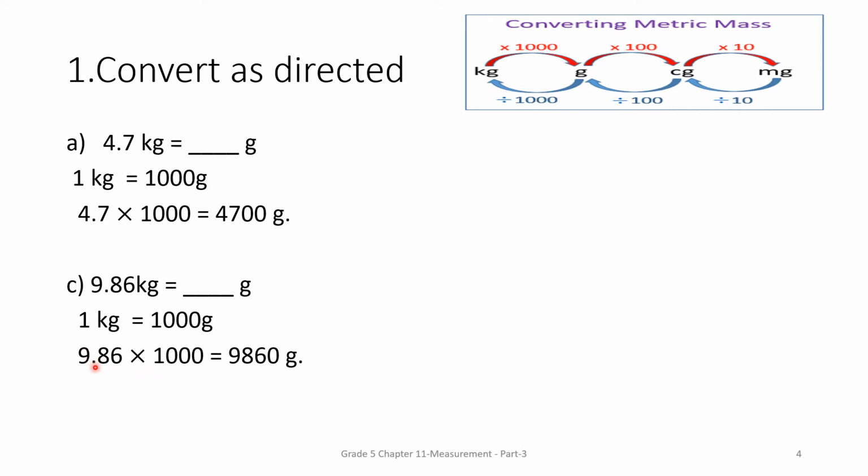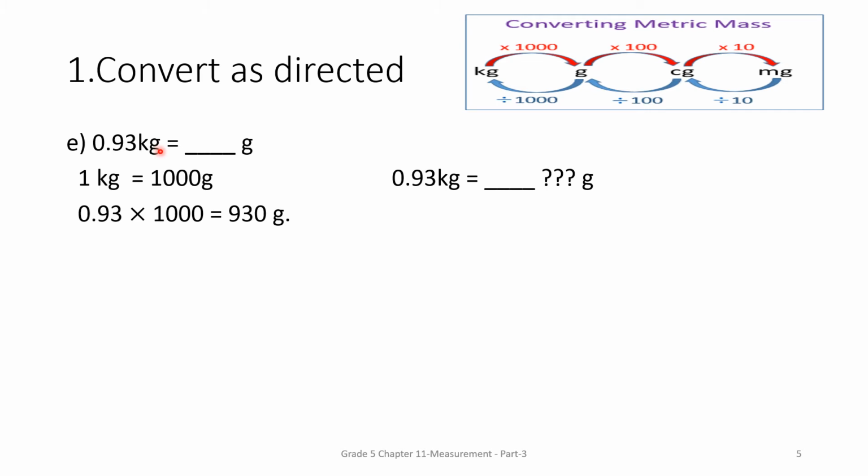So this decimal point will shift to its right. 1, 2. Here we have only 2 digits after the decimal point. So what do we need to do scholars? We need to put a zero. So our answer will be 9860 grams. That is 9.86 kg is equal to 9860 grams. Now scholars, we will see a few more sums of question number 1, that is sum number E.